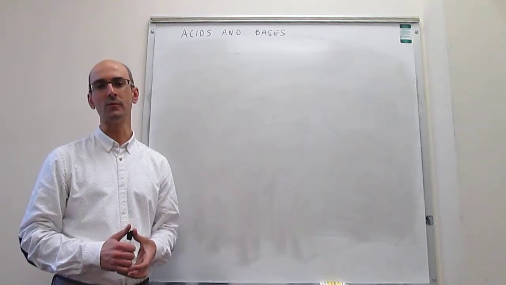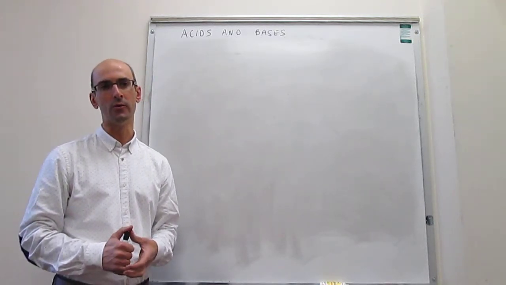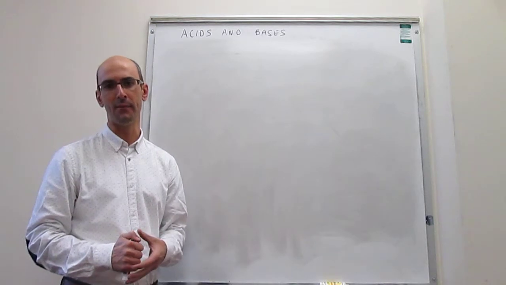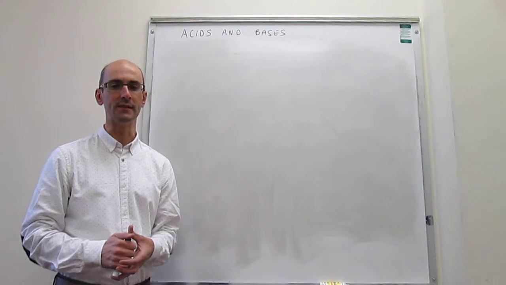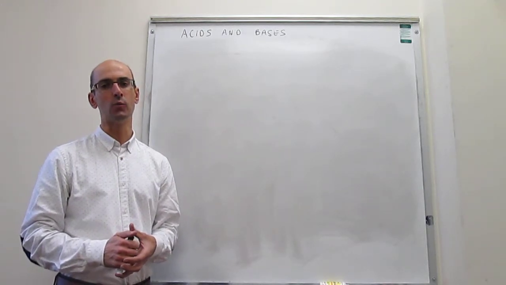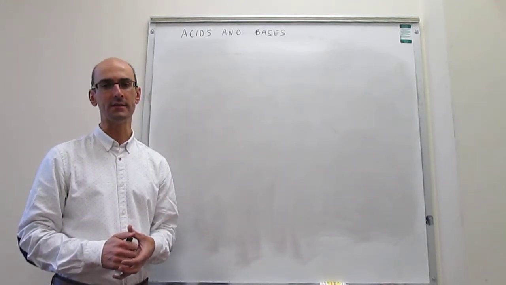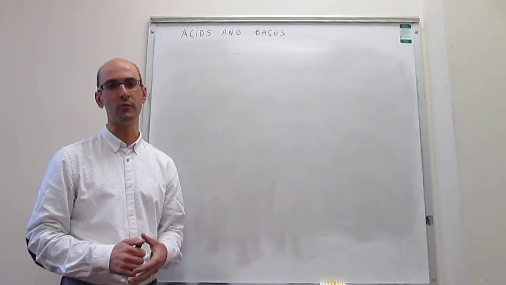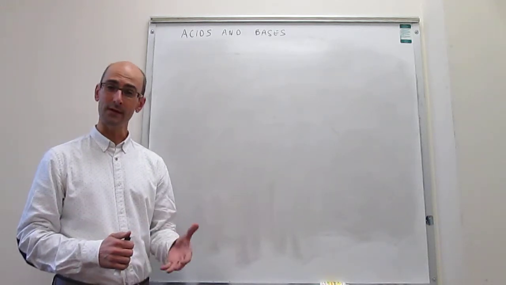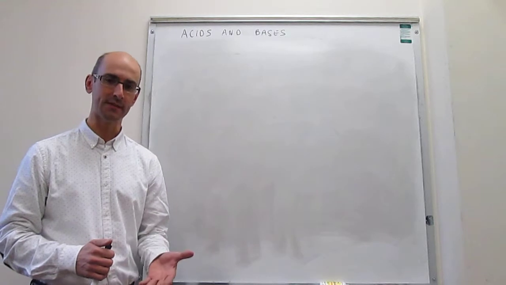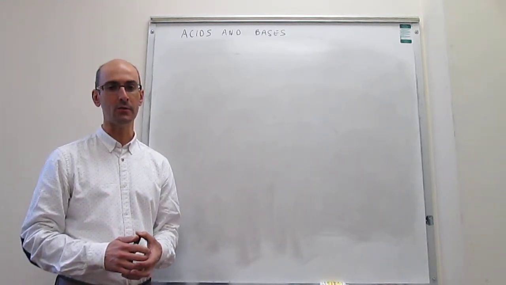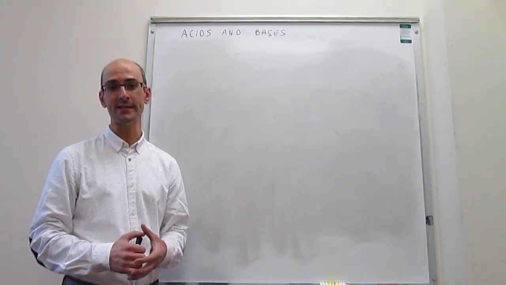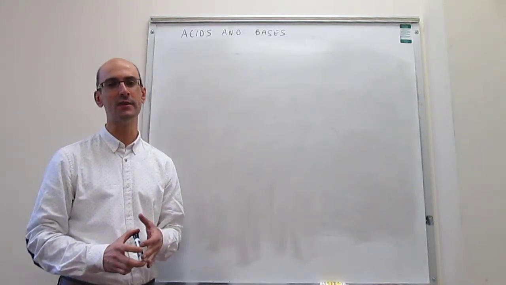However, that definition was later redefined or improved by Bronsted and Lowry. The definition that we use for acid-base equilibria today is one where an acid is a substance that generates a proton when put in solution, and a base is a substance that accepts a proton when put in solution. We've already talked a little bit about acids and bases last semester, and remember